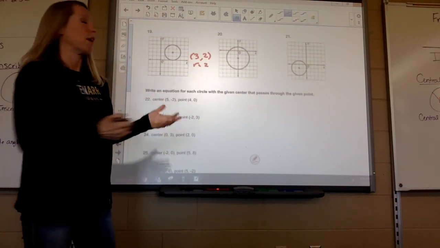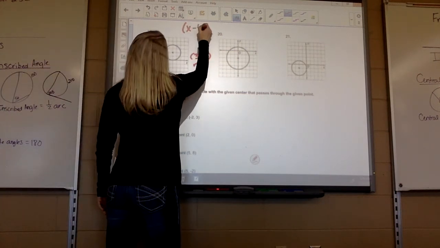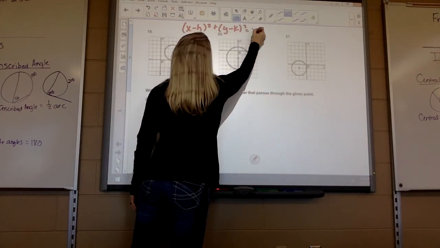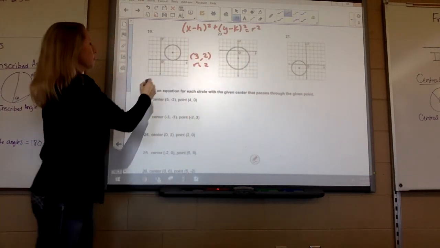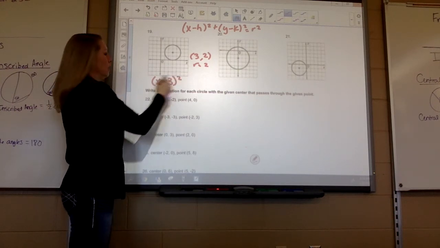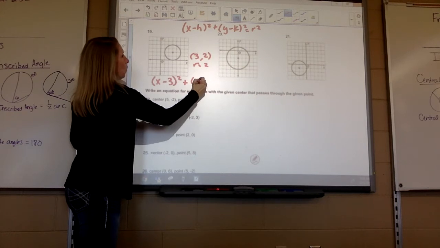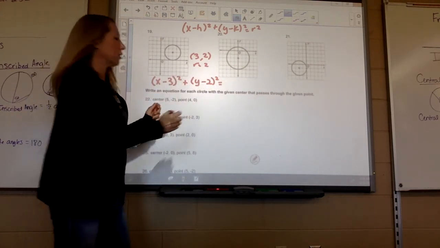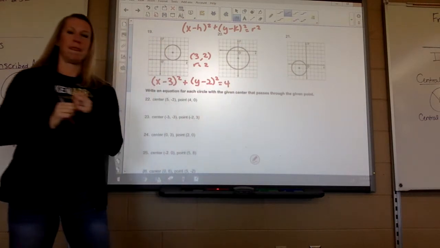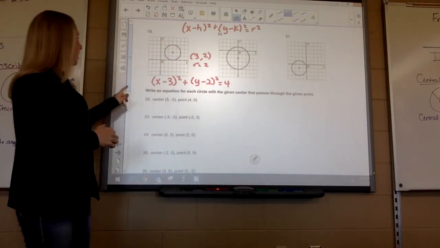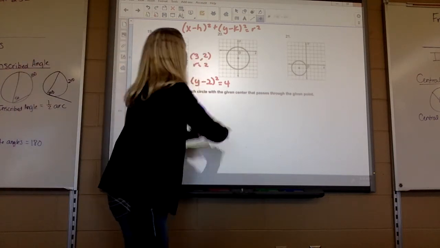So then we can write the equation. x minus h squared plus y minus k squared equals r squared. So I would have x minus 3 squared plus y minus 2 squared equals 2 squared, which is 4. So you have to figure out the center and the radius first and then write the equation. Okay, the next section